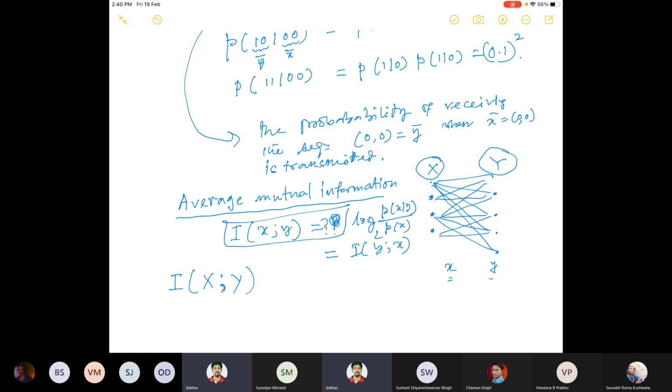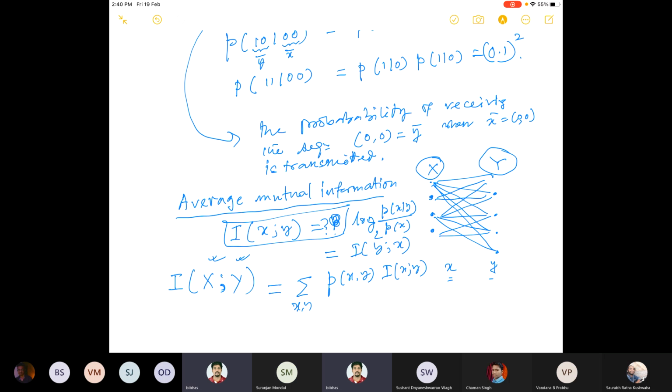We talked about that. And then when I define this term for the entire random variables X and Y, we said it is the average of all the mutual information. What was the definition? If I take the average, the mean, it's the expected value. So what should we do? Anybody remembers? We have to take the sum over all x, y of the probability of x, y times I(x;y).